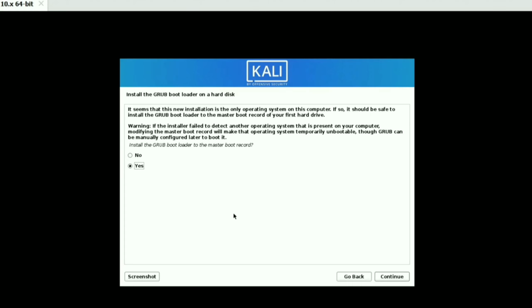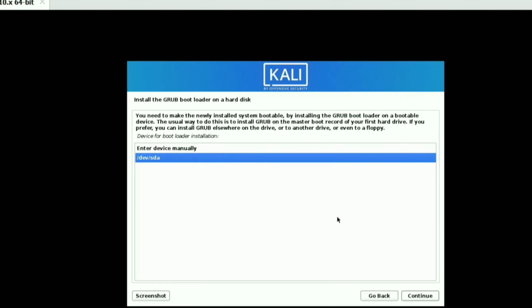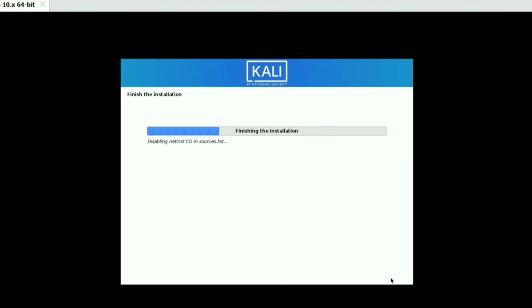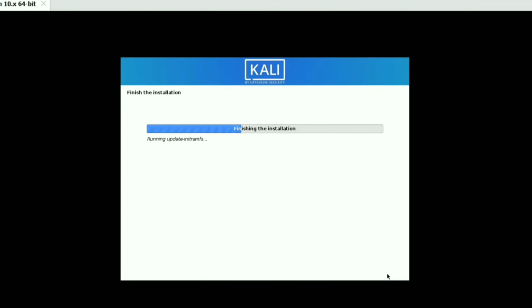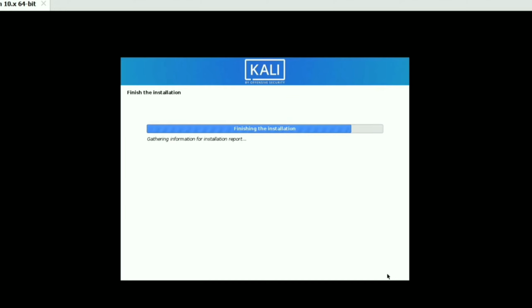Click on yes. Continue. Select /dev/sda. Continue. Now we are about to finish the installation of our Kali Linux. Click on continue.